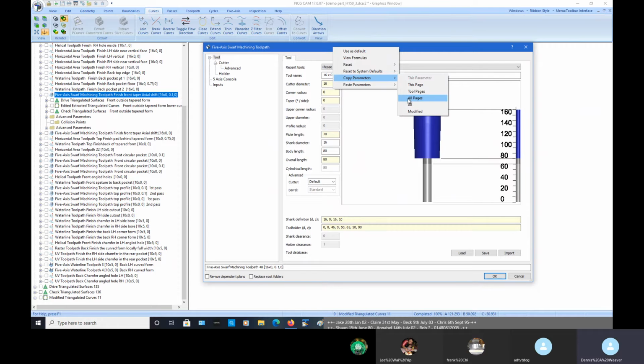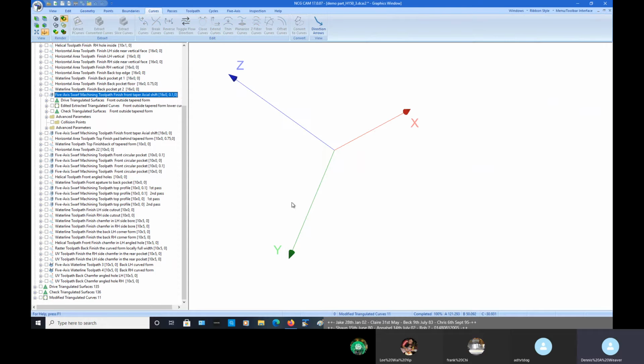Okay, just going to shortcut this process a second. So the next important thing is the ordering. So you select the drive surfaces, you select the curves that you're going to follow, you select the check surfaces,